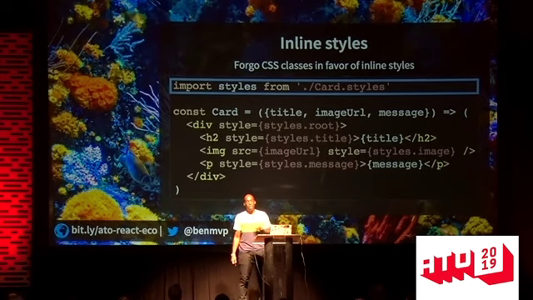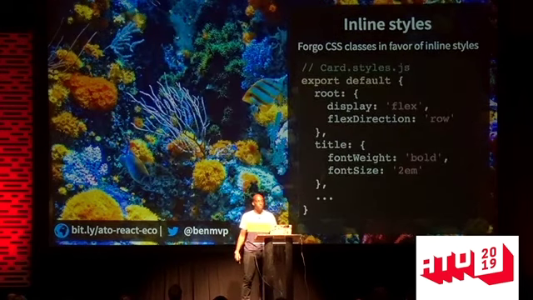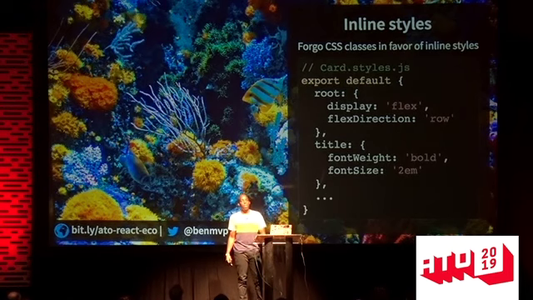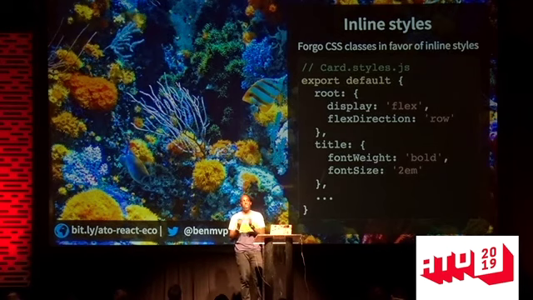So now the styles object that's being imported is just a JavaScript object that looks something like this, that's exported. And instead of using kebab case, like justify-content, it uses camel case, justifyContent, in order to name the properties there,